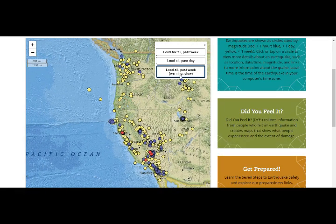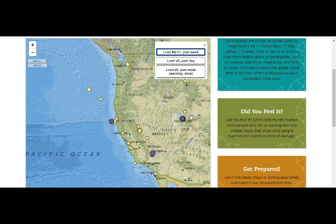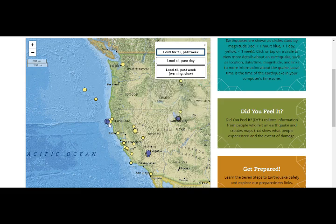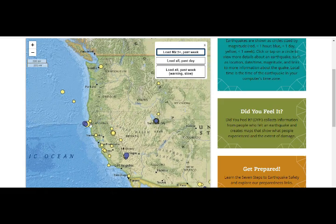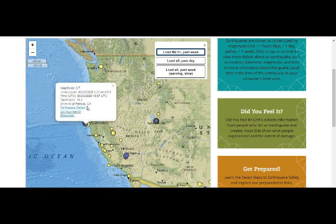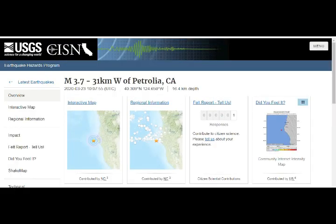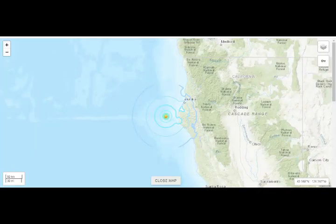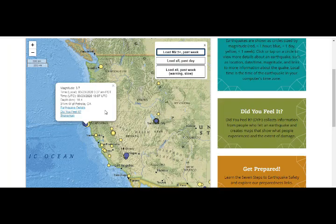Okay, I put all the little ones. Let's take the little ones out so we can have a better idea of what we're looking at. This is Utah right here. Okay, this is just today's quake, 3.9. But these are the quakes that we're talking about. The 3.7 took place before the 4.8. Okay, one person reported that, but this is reported by, let's put it up for you,